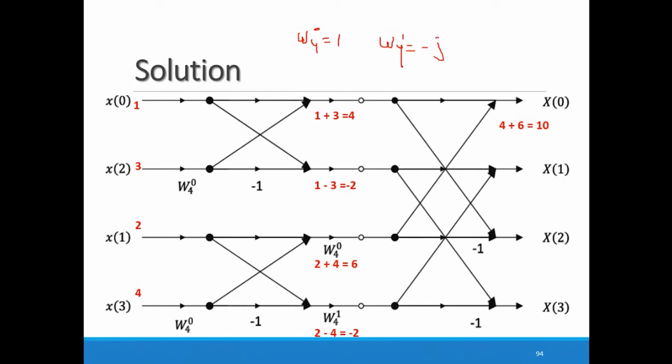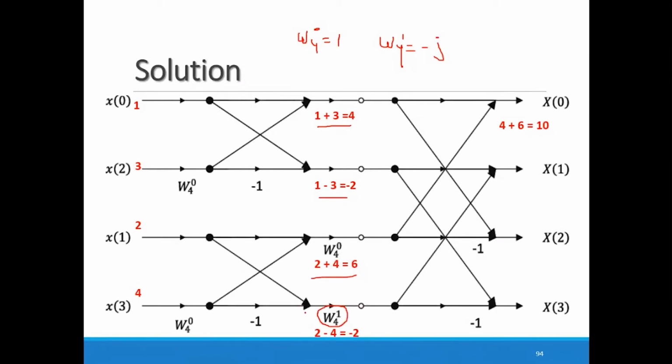Okay, so what you have to understand are these three values: first value, second value, and third value. In the first value, no twiddle factor, so you are getting 4, which is passed to the next stage. This minus 2 will be passed to the next stage. Here 6 is multiplied with twiddle factor omega 4^0, but having value 1, so again this 6 will be passed directly to the next stage. So these three values are in the real form. Okay, no imaginary term is there, so this will be directly passed because there is no effect of the twiddle factor on these values. Okay, at the last we are getting this twiddle factor omega 4^1. The value is minus j.